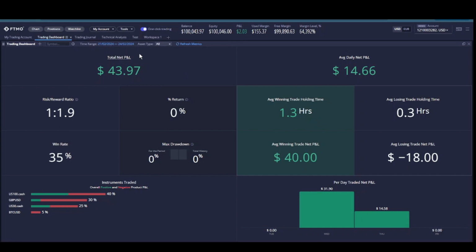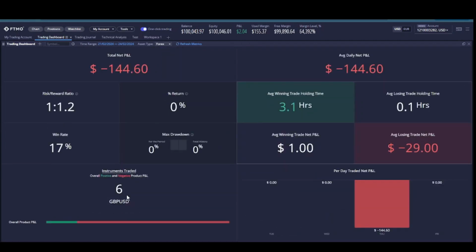Next option is asset type. If we look at this drop down here, you can see all the available options. If you trade multiple different instruments and want to check the individual status, then we can select the asset type. For example, I want to look at the Forex trading stats, so I'll simply click on Forex.